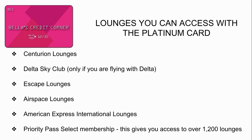Escape lounges, Airspace lounges, American Express International lounges, and you also get a Priority Pass Select membership card. And this card gives you access to over 1,200 lounges across the globe. And what's great is that you can actually bring in 2 guests at no additional charge. And since this card is through American Express, you qualify for all the great benefits such as